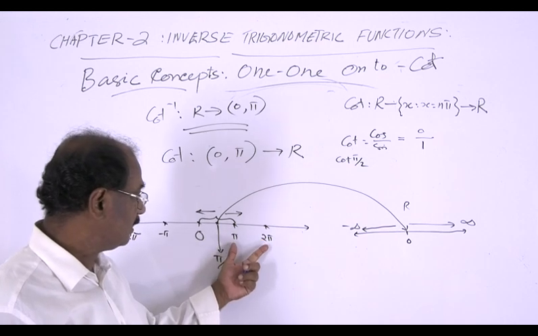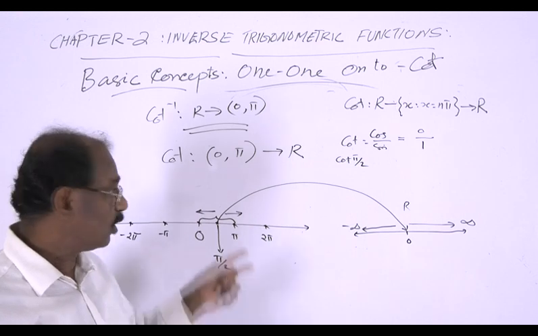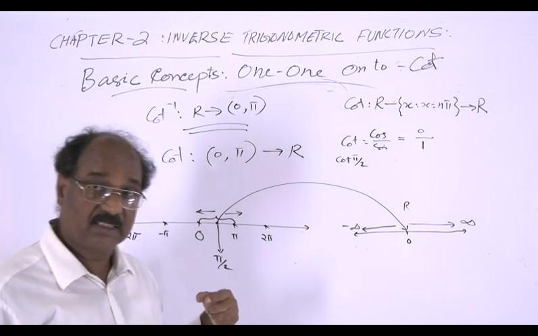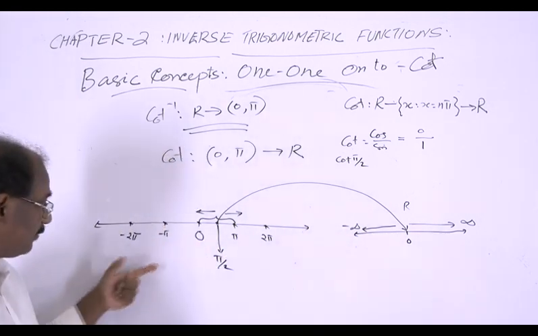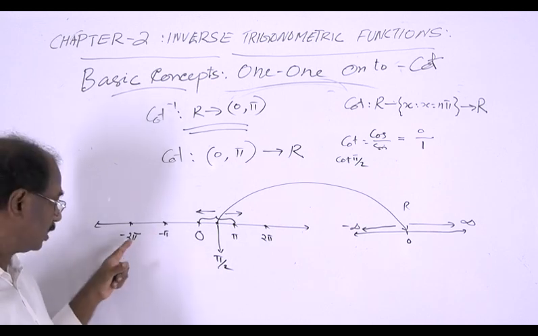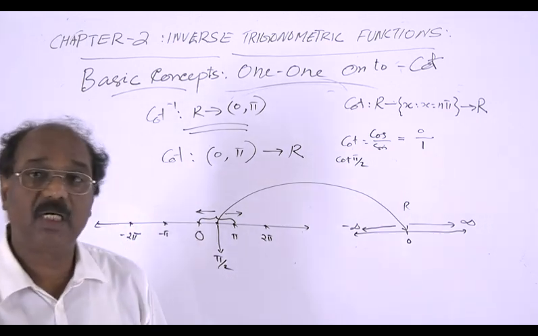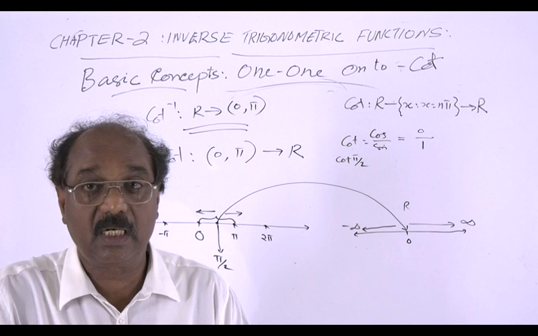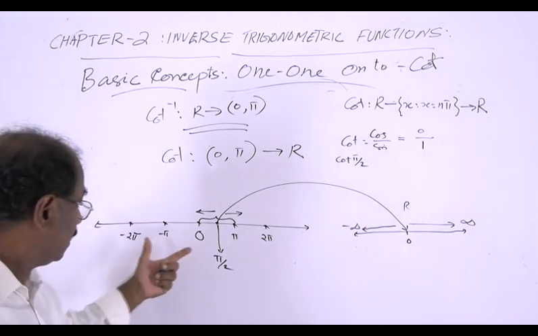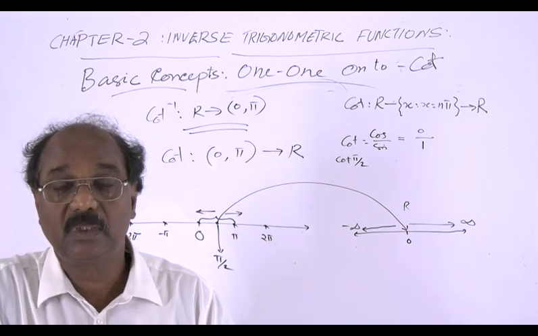Similarly, we can see that in the interval π to 2π, the cot function defined into R is one-one and onto, it has an inverse, and so on. Similarly towards the left, in (−π, 0) and (−2π, −π), the cot function is one-one and onto. In all these intervals we have an inverse for the cot function, and as in the earlier cases, the functions in these intervals are the branches of cot inverse.